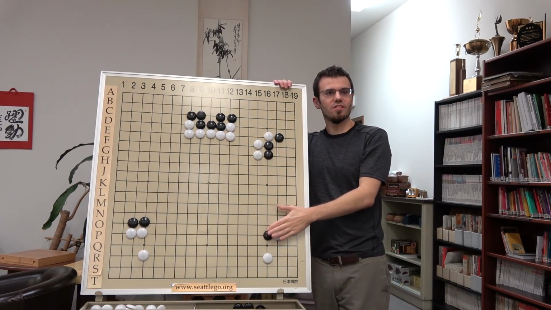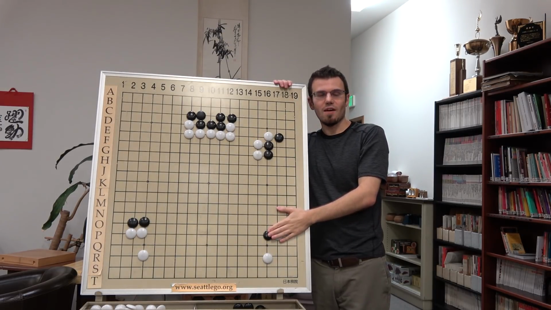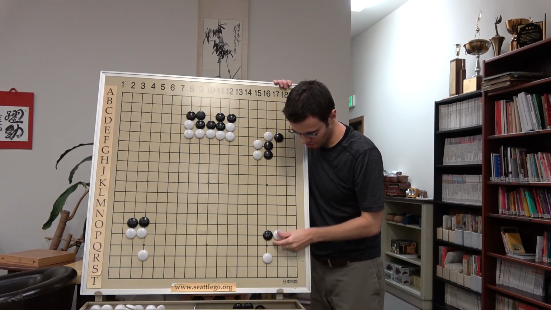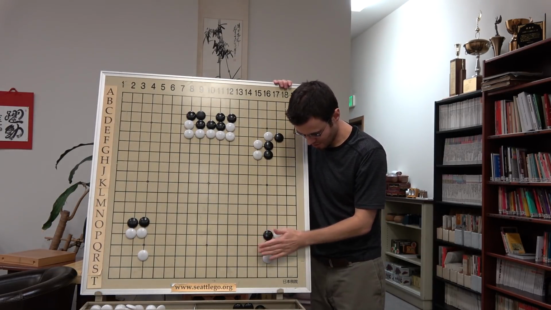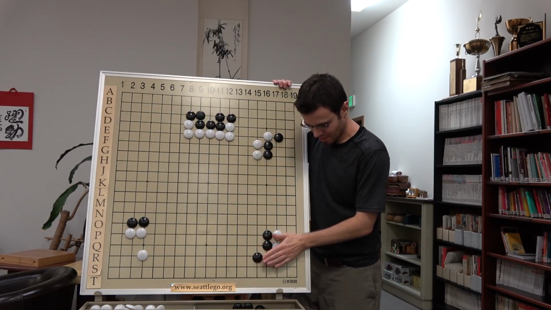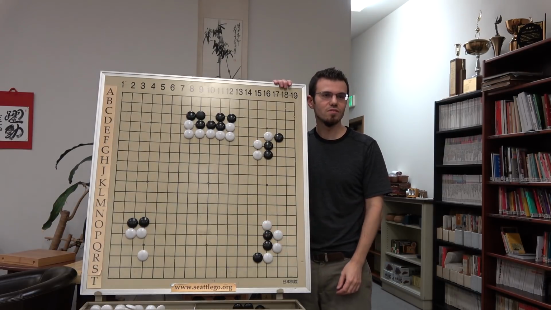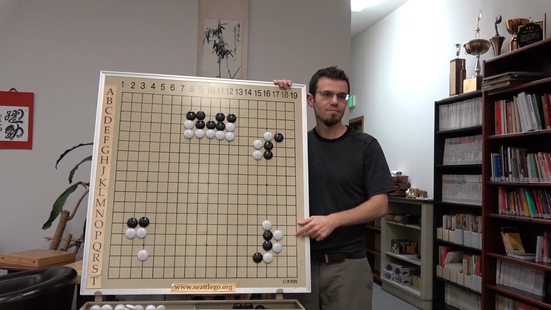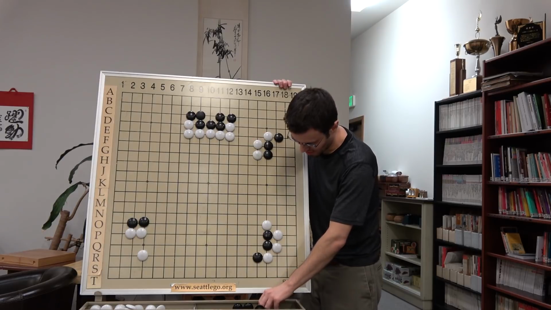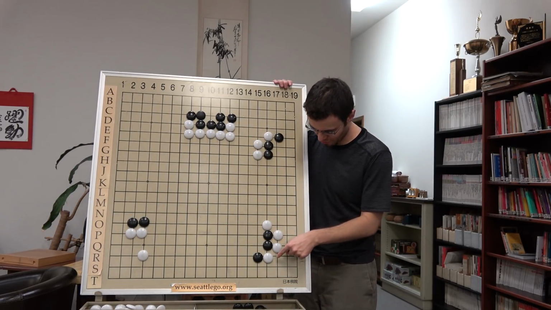Now, there are times where allowing yourself to have your liberty shorted is okay. One of these times is very, very famous. You guys know this one? Yeah. And normally white plays here. What is this called? Small avalanche. It's a small avalanche. But the only reason why this is okay in this case is because of this exact